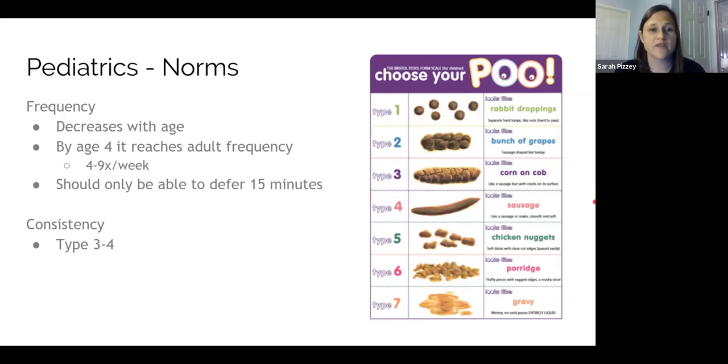In terms of the frequency, obviously when children are infants, they are having a bowel movement a lot more often than an older child or an adult would. And so it just tends to decrease with age. By age 4, it tends to reach more of an adult frequency. So we're looking at about 4 to 9 times per week,